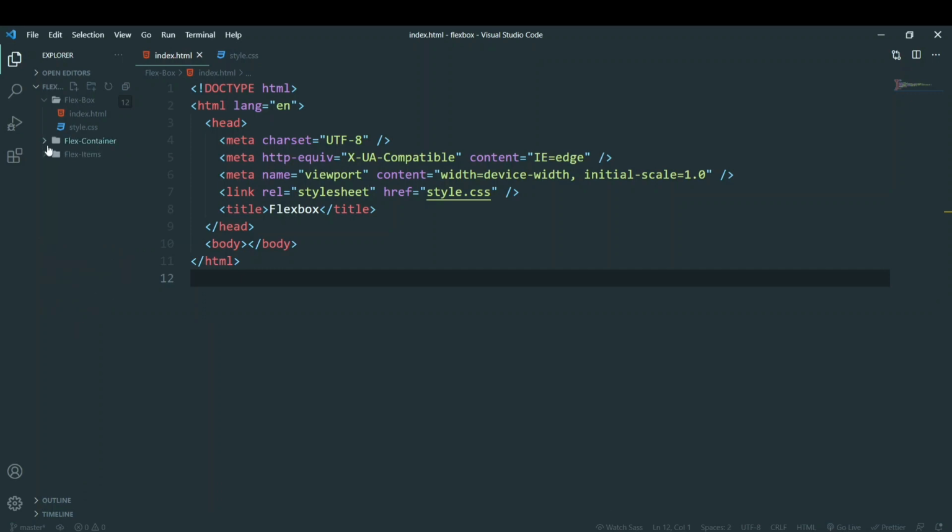Now this is not completely written source code. I mean, the styles part is not done, because that is what we're going to do in this video, but the HTML part is already done, and for all of the boxes that you will see throughout this video, basic styling has been applied. Not advanced styling, nothing that you don't know already. Everything that you already know has been written out.